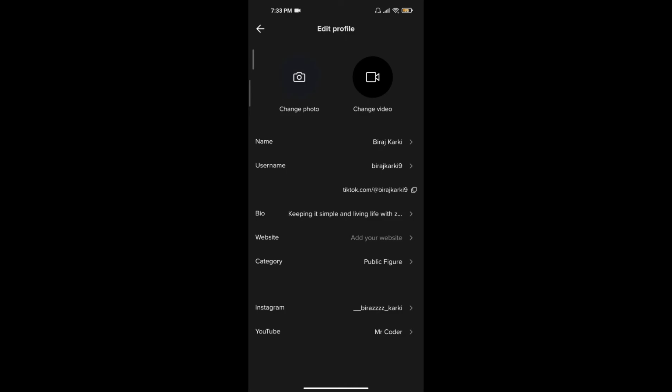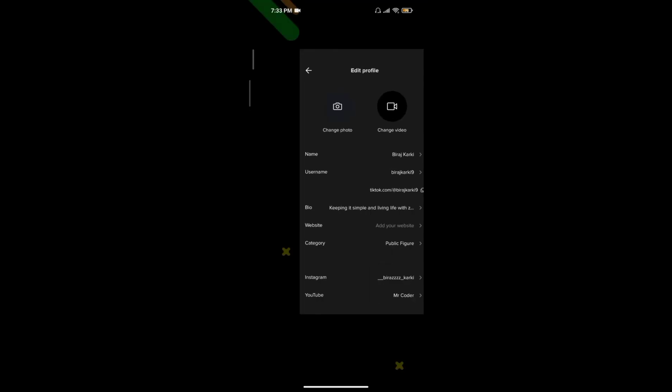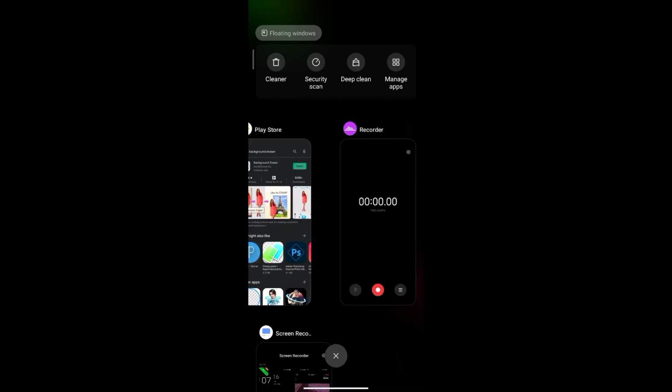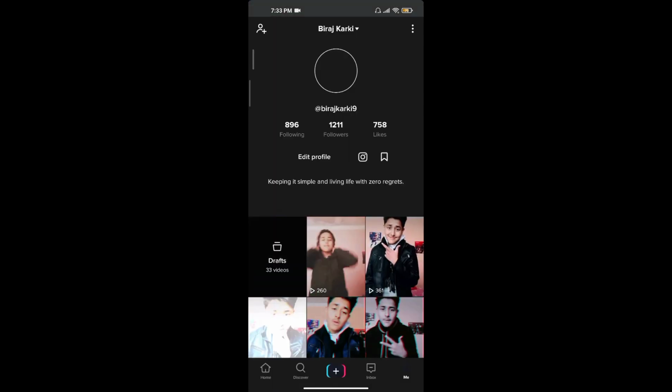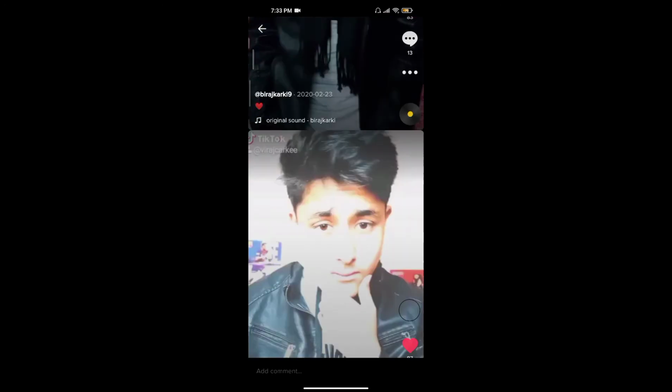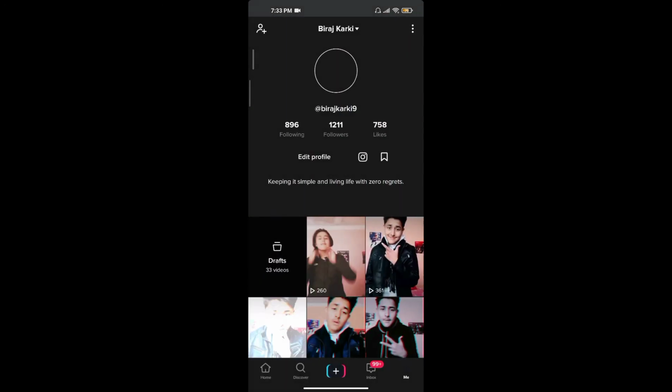Now restart your TikTok app. That's it. I hope this guide will be helpful and you were able to make a transparent TikTok profile